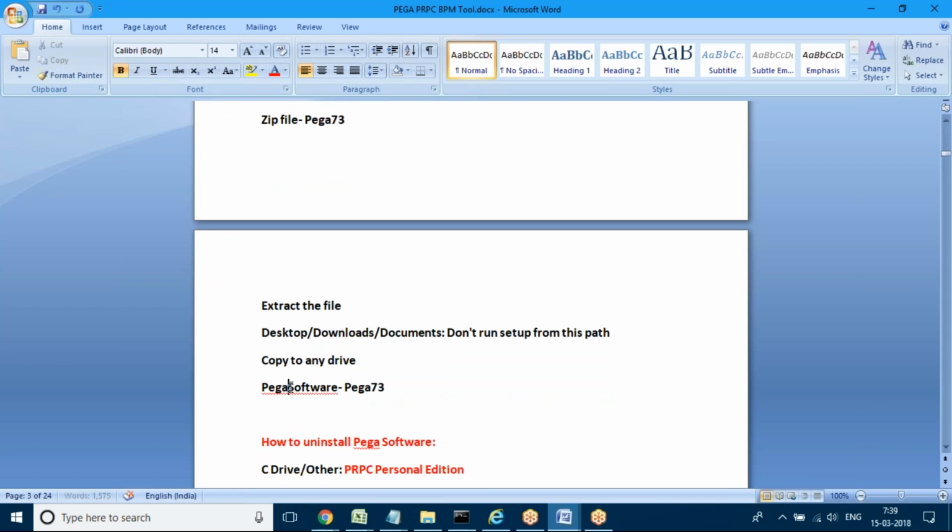If spaces are given, some Java and database files will not read properly, then installation will not happen. Completely it will not install, or partially it will install, and if it is partially installed, you cannot open the application.